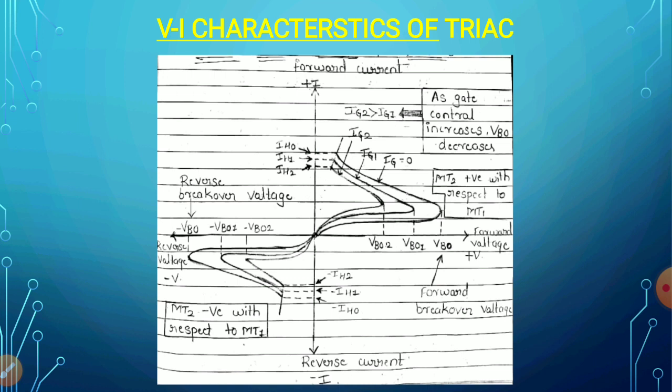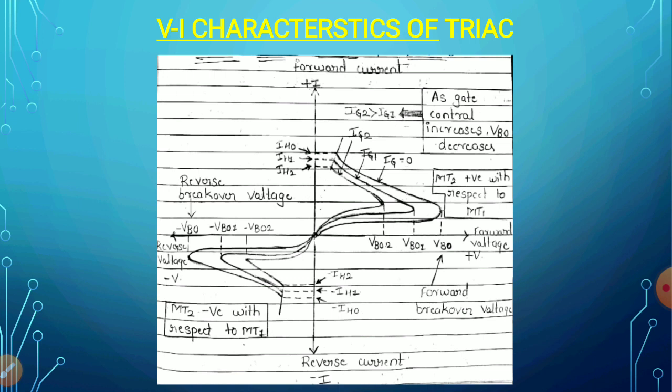The same thing happens for the reverse characteristics also. Here you apply the reverse voltage and you get the reverse current. Initially, when you make MT2 negative with respect to MT1 and go on increasing the voltage, a very small amount of current flows, that is nothing but your leakage current. And once the applied voltage reaches the value called negative breakover voltage or reverse breakover voltage, from that point onwards the current through the TRIAC goes on increasing, the voltage decreases, and the TRIAC enters into